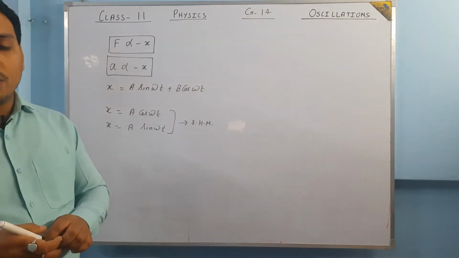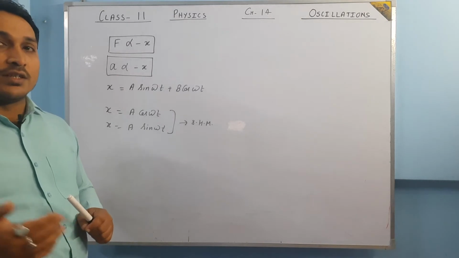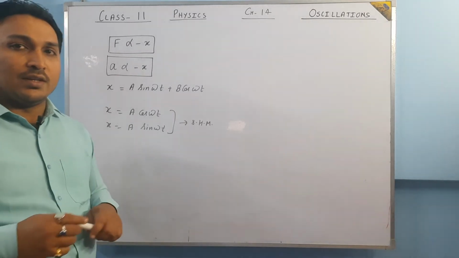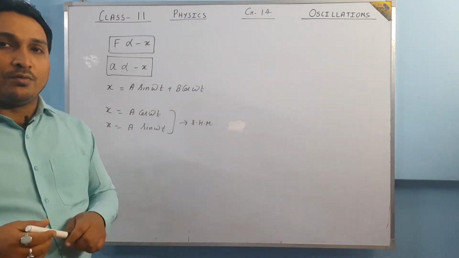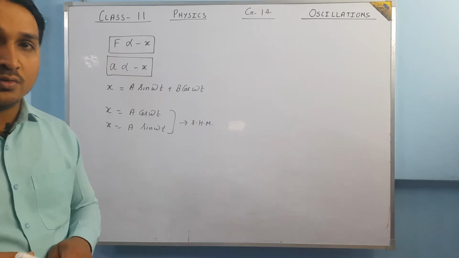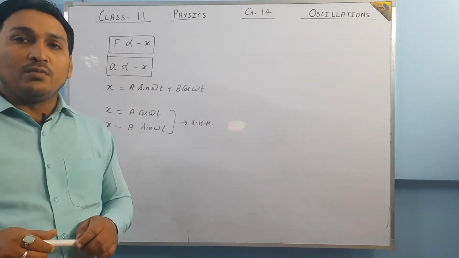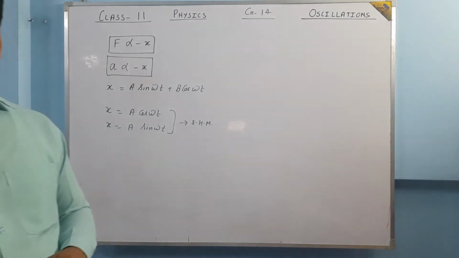Okay, so today we are going to do one example of SHM. Then after, I'll proceed with velocity, acceleration, the phase relationship between velocity and acceleration, then energy in SHM. So these are all the topics we are going to do today. Let us move ahead to our next topic, that is SHM in uniform circular motion. It is an example of SHM. Okay, so let us move ahead.